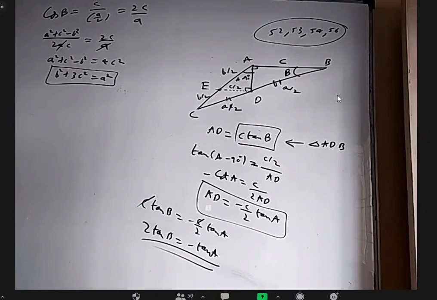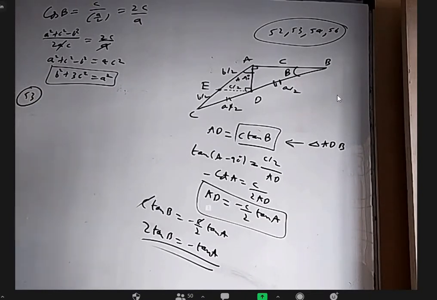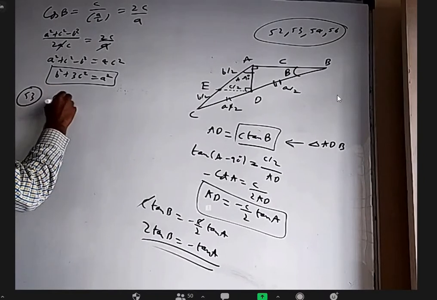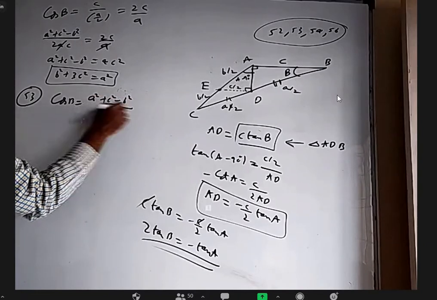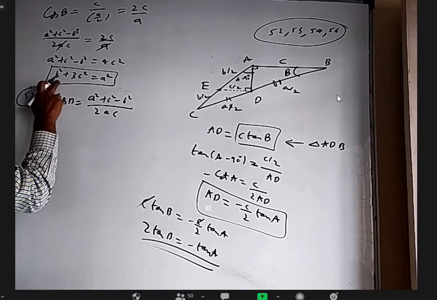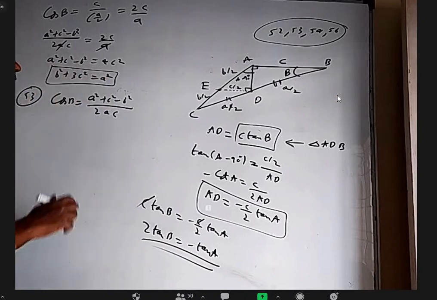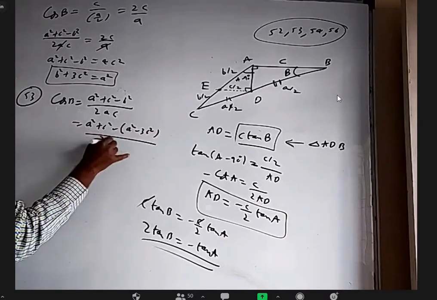Done, sir. Okay, now already we wrote this. I think we can use this result in 53. In 53, they wanted cos B. And we already found cos B as this one, and this one we equated, of course. But anyway, A square plus C square minus B square by 2AC. They don't want B, eliminate B. In the place of B square, what can you write? A square minus 3C square. So A square plus C square minus A square minus 3C square by 2AC.